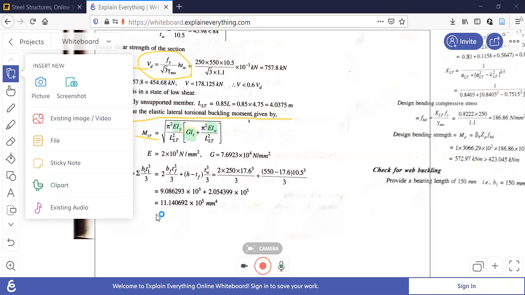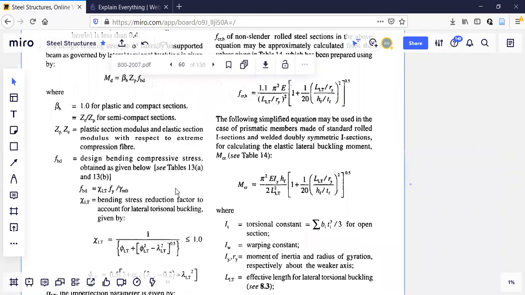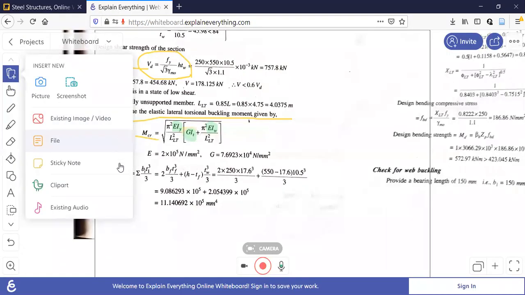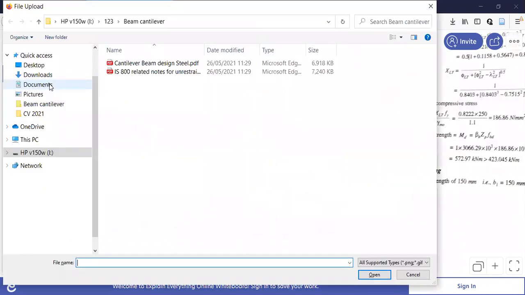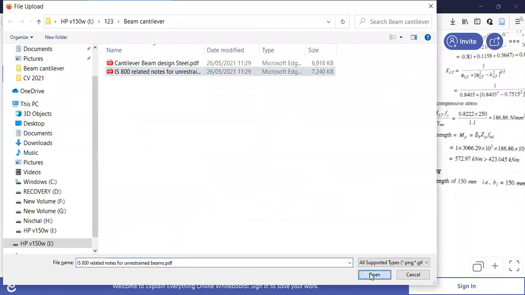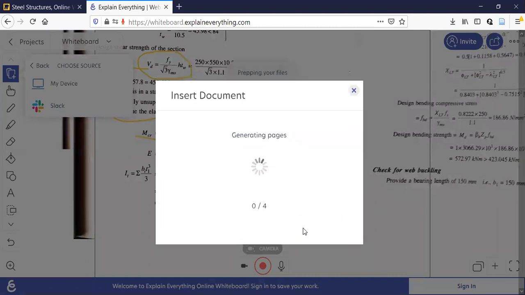Anyway, I'll try to open it through that website. It is not allowing. Maybe today it is a little bit slow. I can open this IS code, but exactly those pages I'm trying to open here. Let me try once again. There will be overlapping. Anyway, I'll just do it. I'll take you to that particular point where these are defined, then we'll use this.